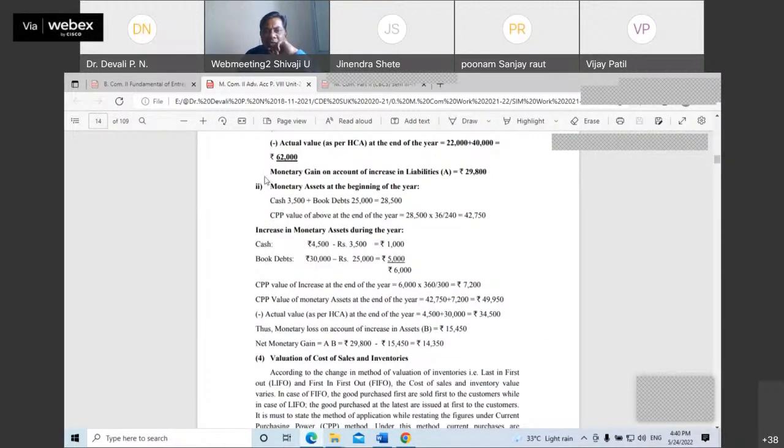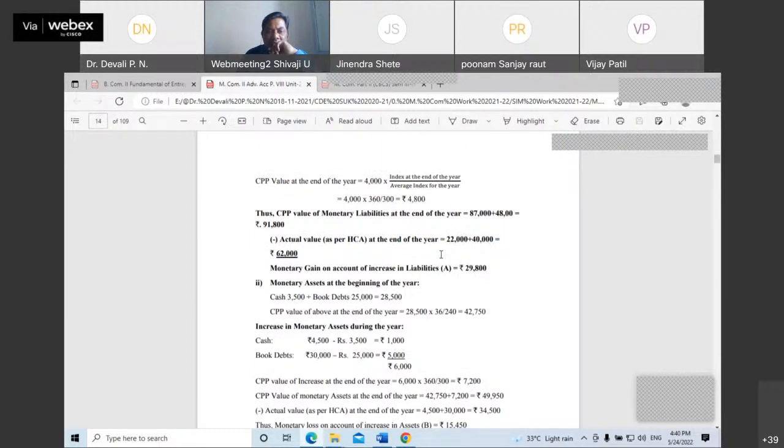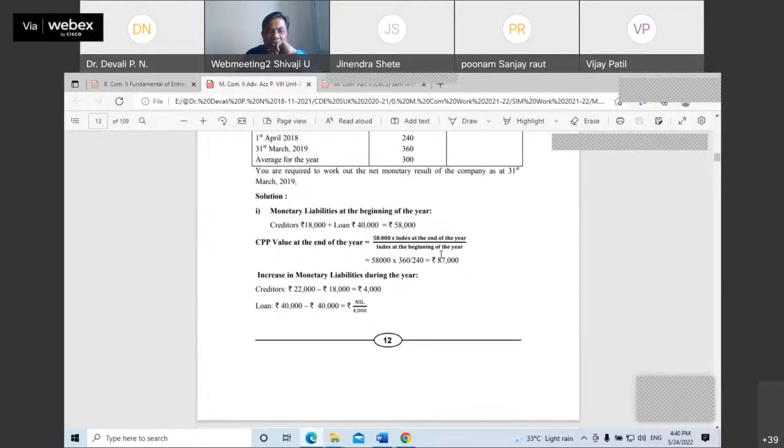Now see here, monetary gain on account of increase in liabilities is 29,800, and from this 29,800 we have to deduct the loss. Here we are getting 15,450, and we are getting the net monetary gain of 14,350. So this is the third point that we are going to consider in respect of this